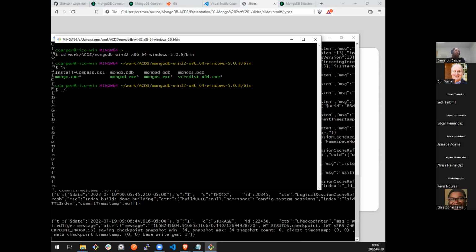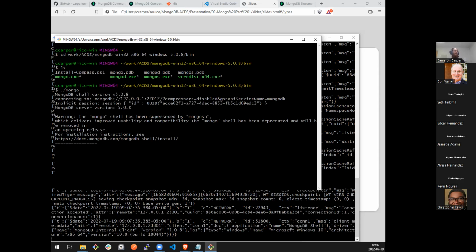And one of the really convenient things about running this locally is if I execute mongo.exe, my Mongo command line client, I don't have to give it any parameters, and it's just going to default and assume that I'm wanting to connect to a Mongo database that's hosted on my local machine. So it will default to local machine and to the specific default port, which is 27017. We'll see that again later. But if I just need to do a quick test to make sure Mongo is working, I can execute my Mongo shell. You can see that it started up and got a session ID.